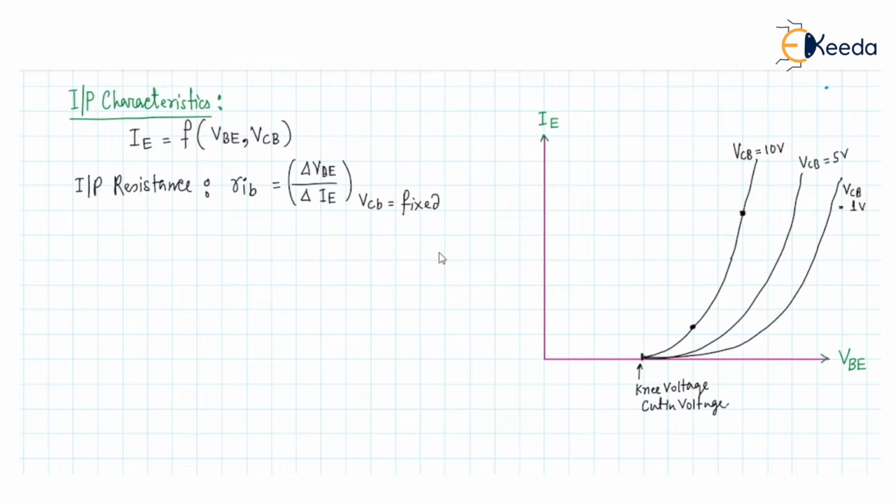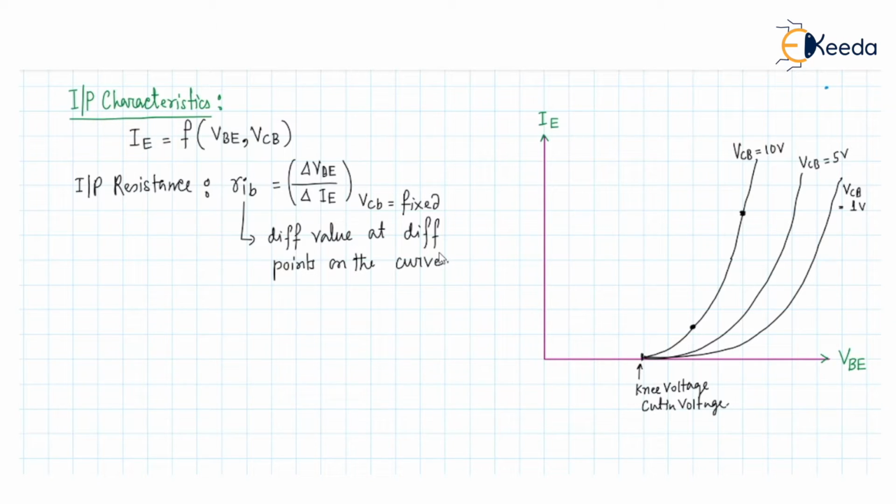It depends on the operating point where the transistor is to be operated. So this RIB has different values at different points on the